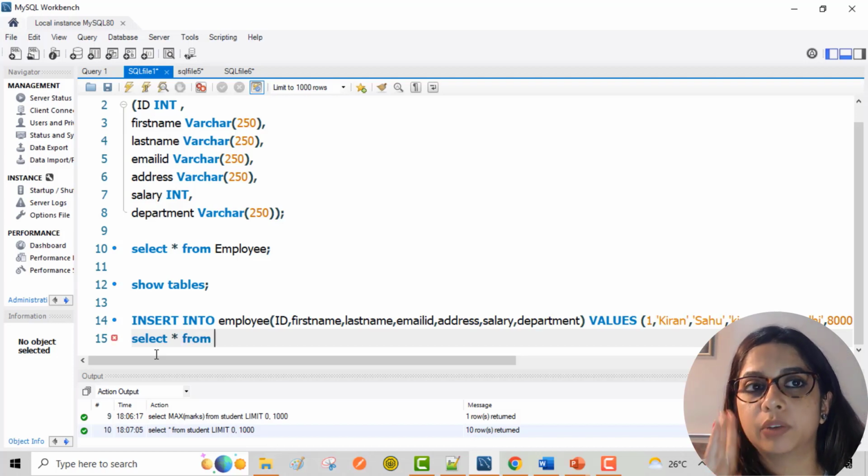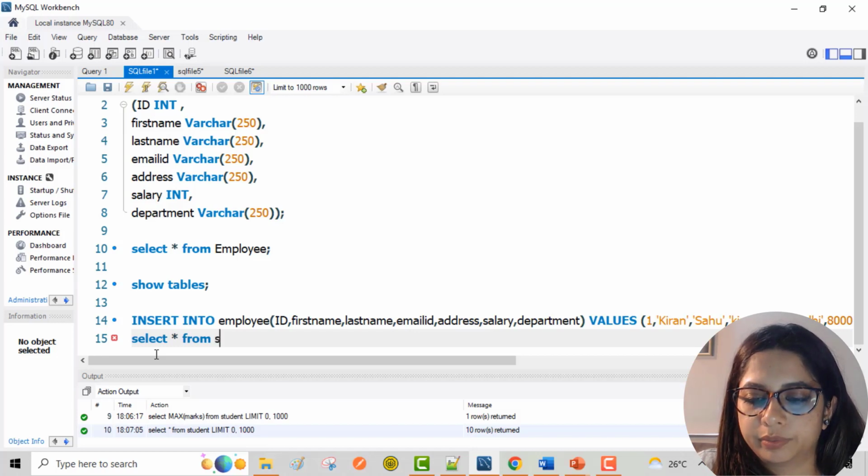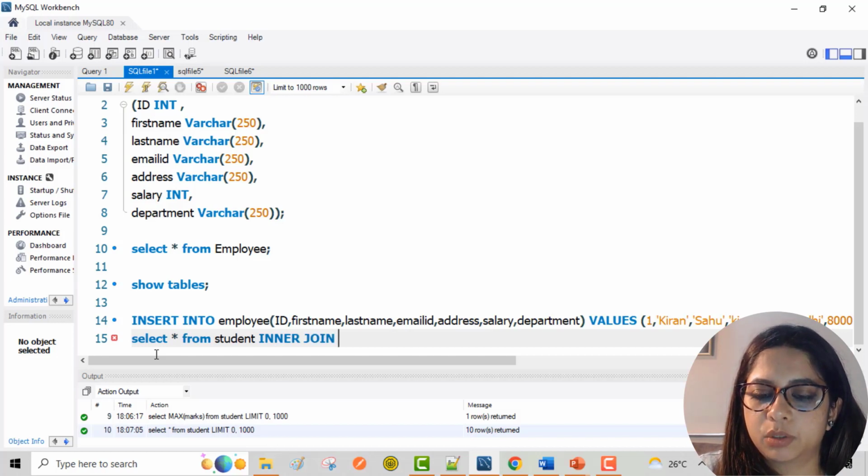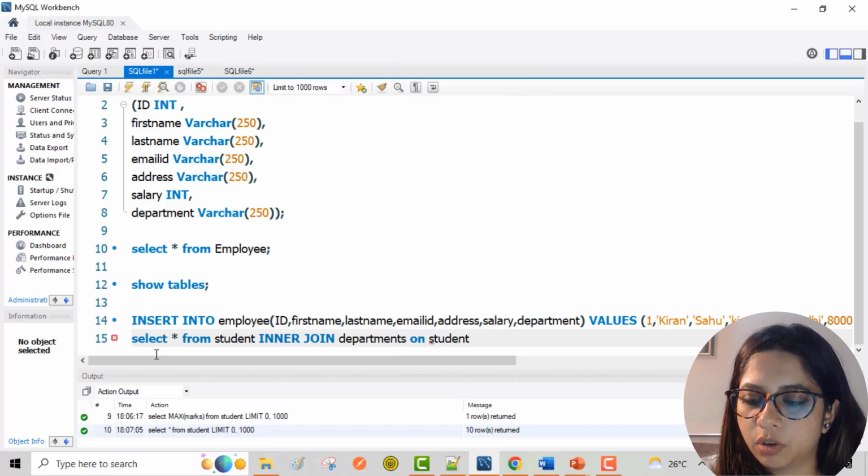So table 1 we'll consider as student. Inner join table 2, which is departments, on, which is table 1 student dot